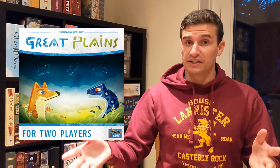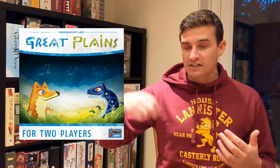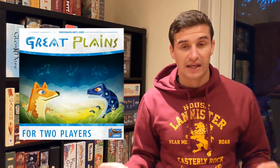map, made up of all these different kind of terrains, and the idea is you're trying to control certain regions by having the most player pieces on them. It's got that real stripped back mechanism where you can either spawn from one of your starting spaces or just continue from a spot where you already have a piece. So a very minimalistic game, one that works well for what it is, but I was a bit underwhelmed considering